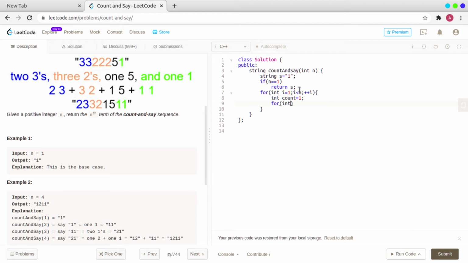Now let's see. Int j, j less than s length minus 1. Why am I taking minus 1? Let's see. If s[j] not equal to s[j+1], then I am creating a new string that will store my temporary string variable.